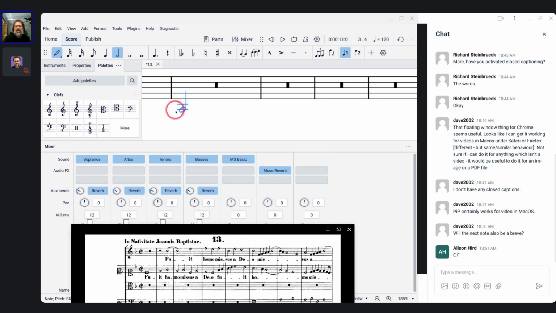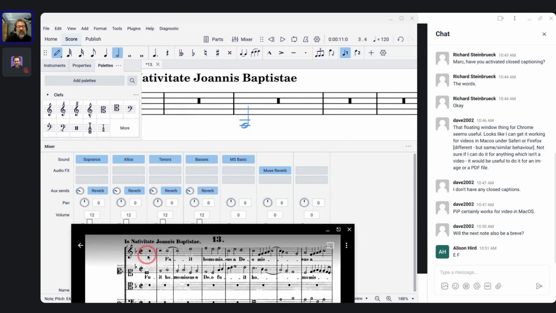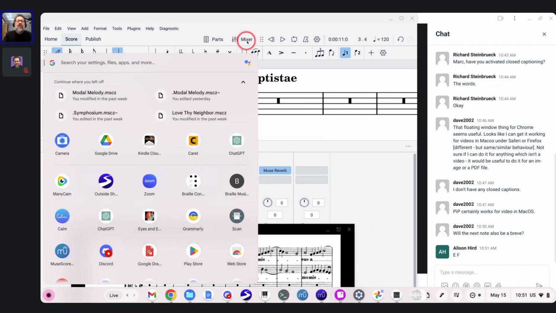So Dave was asking if the next note was also going to be a brev. The next note in the actual score is not a brev, right? It's just a whole note. But if you were asking, if I just clicked another note, would it stay a brev? Well, yes, that's how note input works in MuseScore. Once you select a duration, it stays in effect until you change the duration. So brevs are no different than other note values. All right, I'll close the mixer again